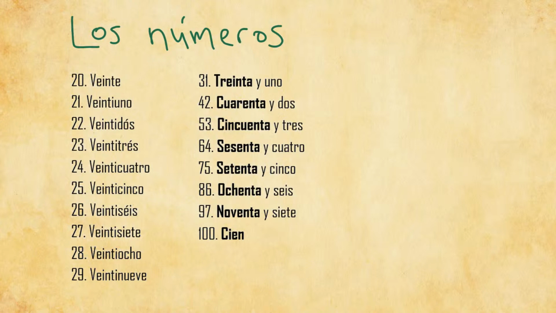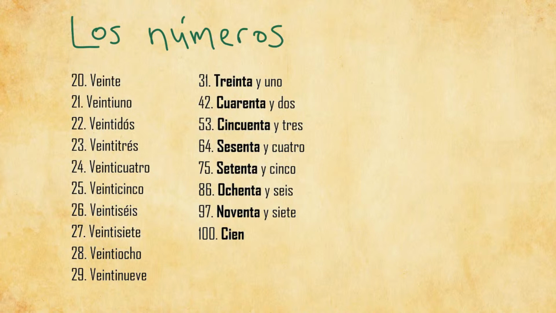You already should know how to say 20 from the previous video, which is veinte. And you can probably see a recurring pattern here in all the numbers from 21 to 29. All of these numbers are composed only of the word veinte, which actually changes the E into I due to better pronunciation reasons, because you can say it more quickly than if we kept the E right there. And the second part of all the words is composed out of the basic numerals that we did in the previous video. So 1, 2, 3, 4, etc. So if you remember those, counting from 20 to 29 will be really easy. So let's take a look at that.